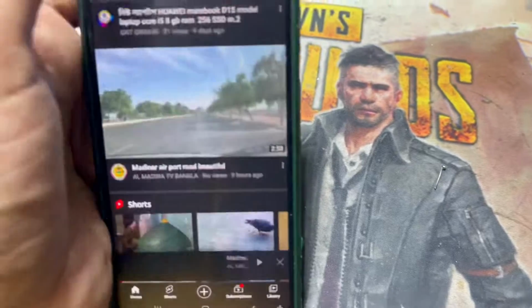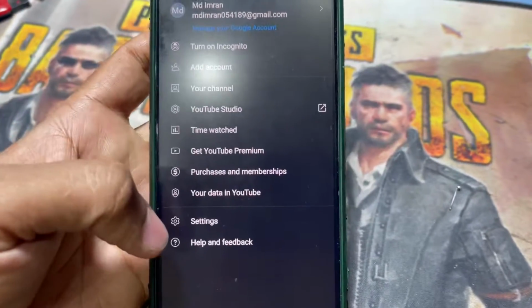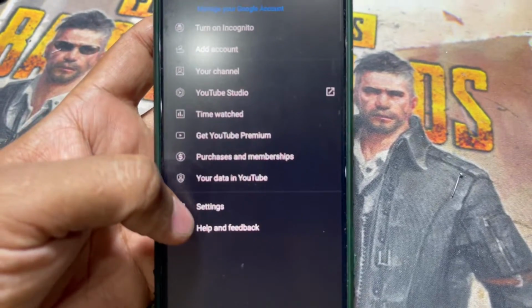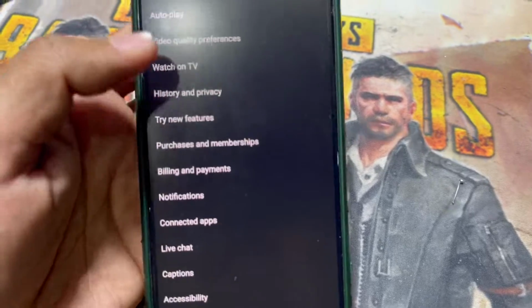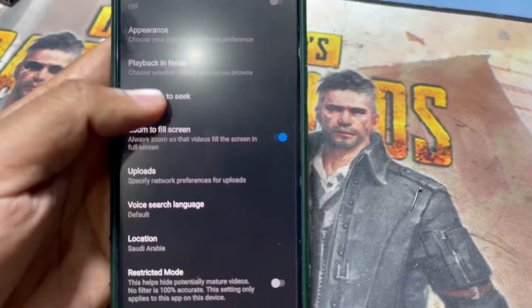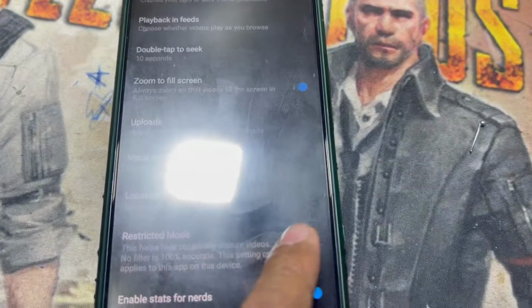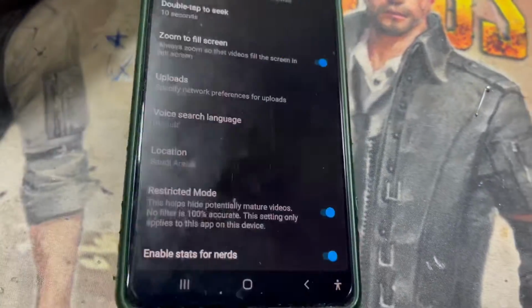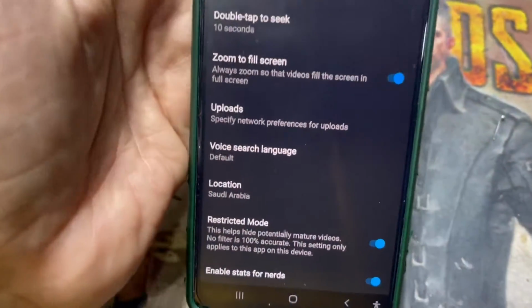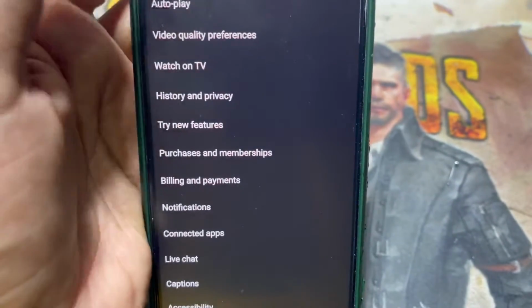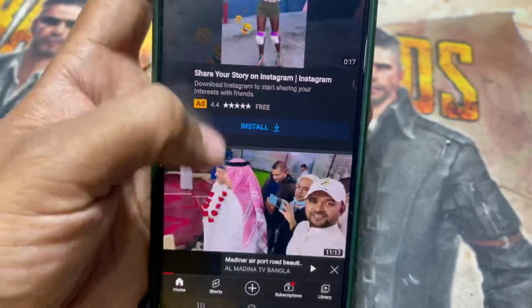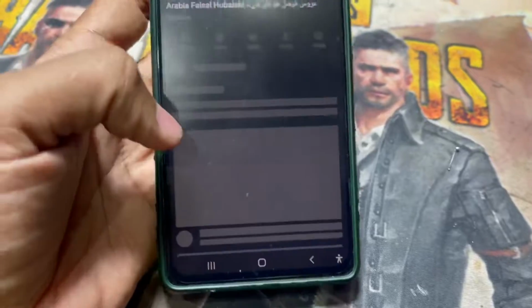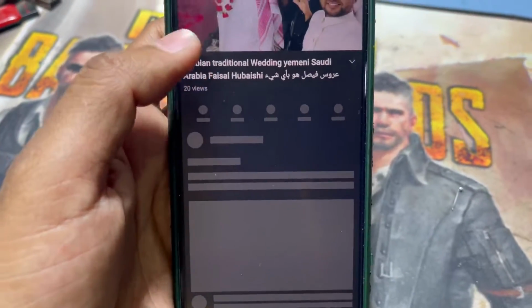and it's still not working, so I go to the settings of YouTube, email, and go to the settings, go to general, and here the restricted mode is off, and I make it on. You see now, and I hope now it will work. And I go to any video, and you can see guys here